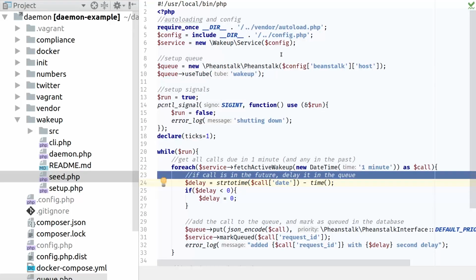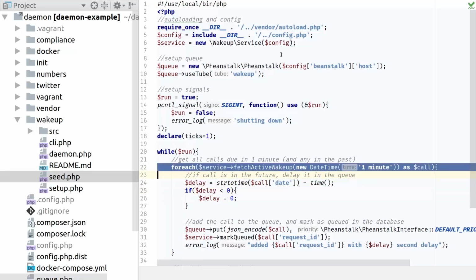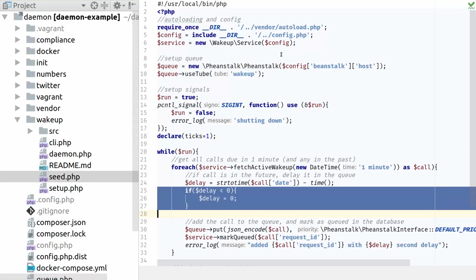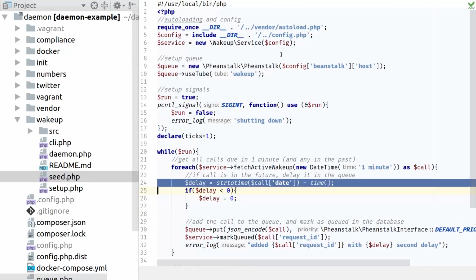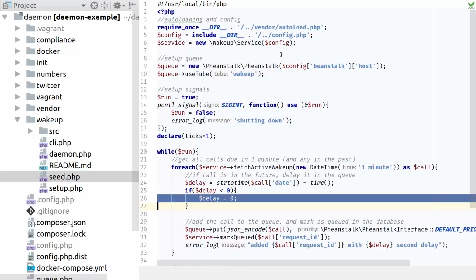So then we're going to look and say, hey, if the call date, and we'll do this for each one, is in the future, then we're going to delay that much time. For a minute, this doesn't make much sense. But let's say I change this from a minute to all the calls in the next hour. So I pull them all out and figure out how far in the future each is supposed to be,